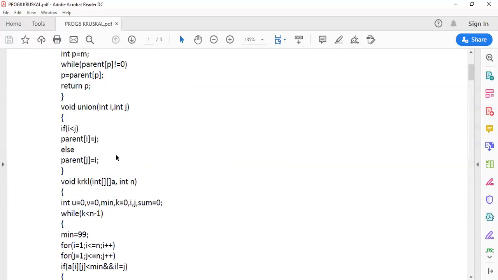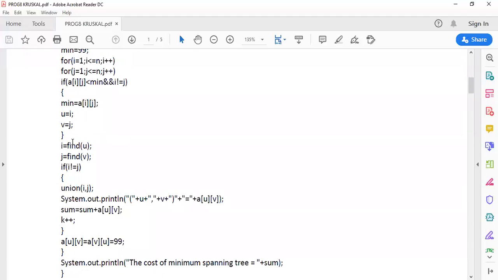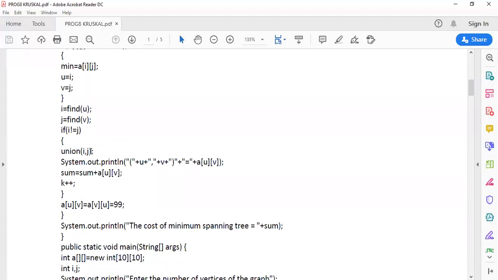It is nothing but 2 only. So the 2 is stored in J. Okay. So now, if I not equal to J. The parent of 1 is 1 itself and the parent of 2 is 2 itself. So now the value of I is 1 and the value of J is 2.